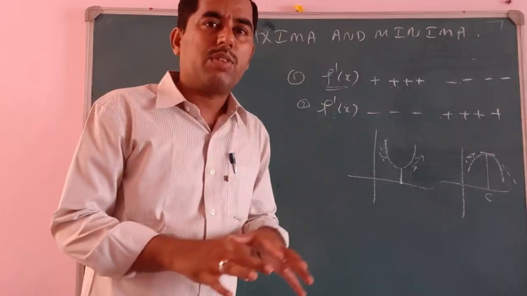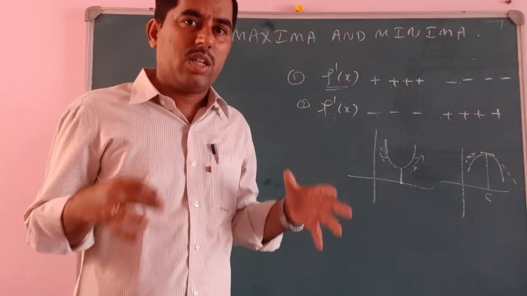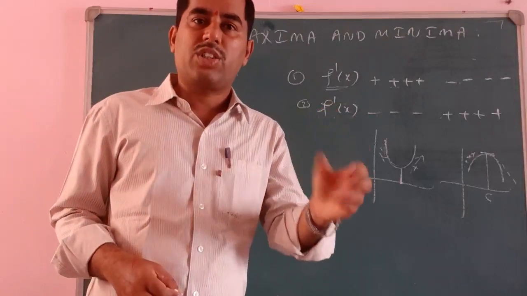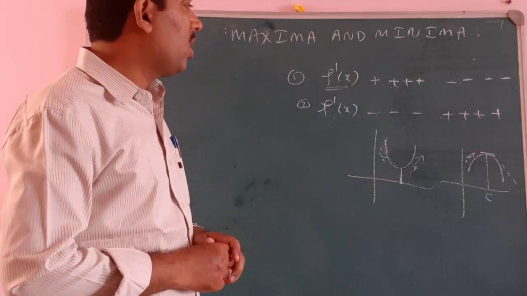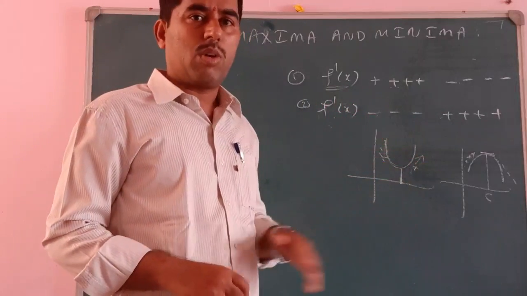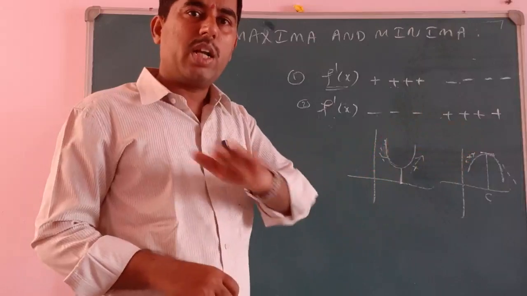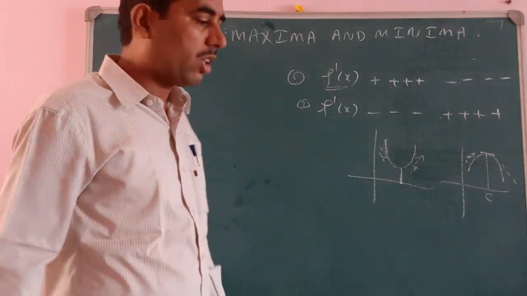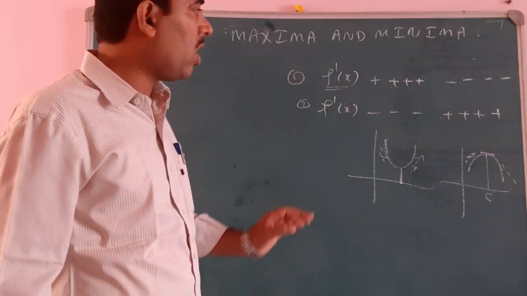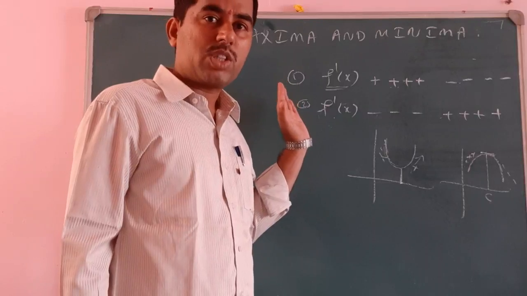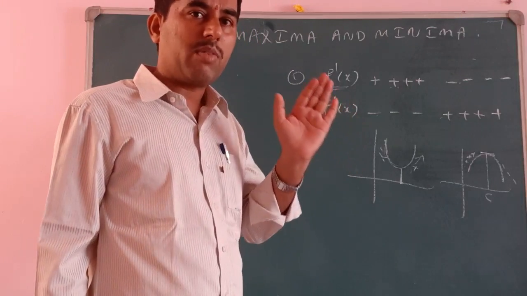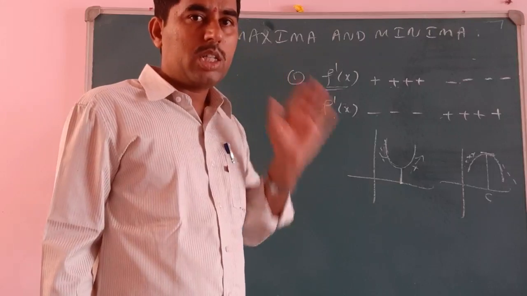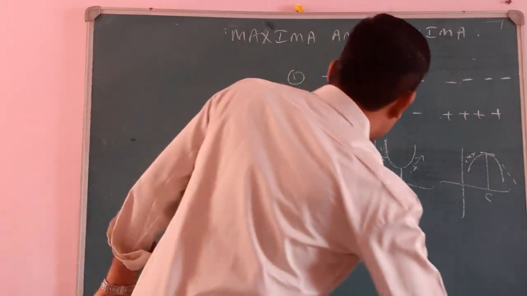If the sign of the derivative does not change, then that point is called a point of inflection, that is flat. If it is flat, we cannot say positive to negative or negative to positive; it will be positive only, or negative only. These are the points we have discussed in our previous class. That is called the first derivative test, or first order derivative test, to find the point of local maxima or local minima. These points we discussed in our previous session.